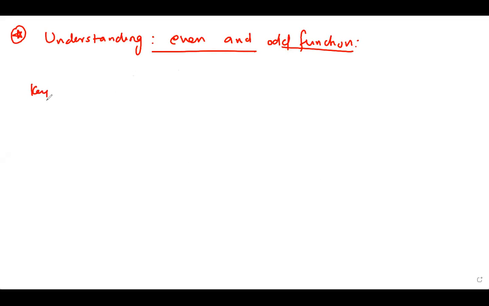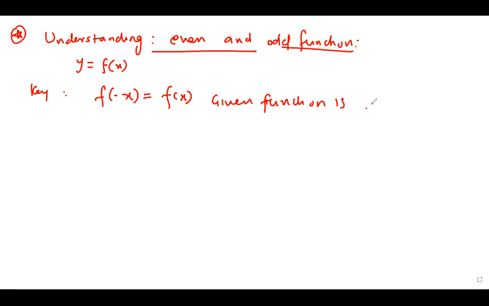Now, as a key concept, even functions are basically where you see f of negative x. Suppose you've been given y equals f of x as some function. Now, if f of negative x is the same as f of x, we call the given function an even function. Now, what does this mean in layman's terms? Basically, if you replace x with minus x in a given function, and if you get the exact same expression as earlier,